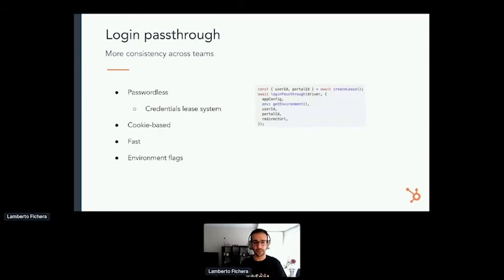Another helper that we built over time is the login pass-through, as we call it, which is basically a way to log into the product without having to hard code credentials anywhere. We worked with a number of other platform teams to have a user credential leasing mechanism, so we can ask for those during the test.